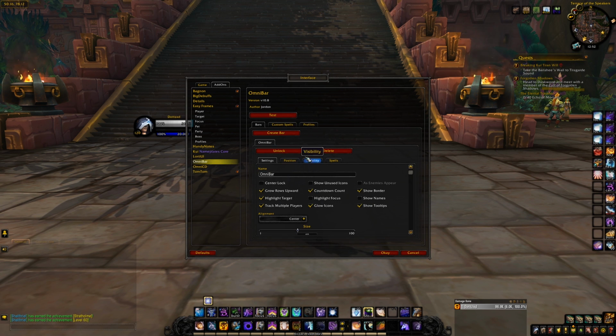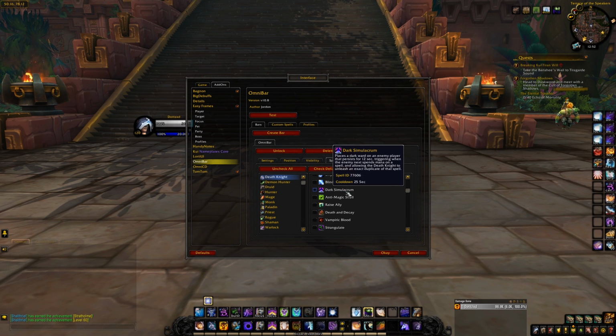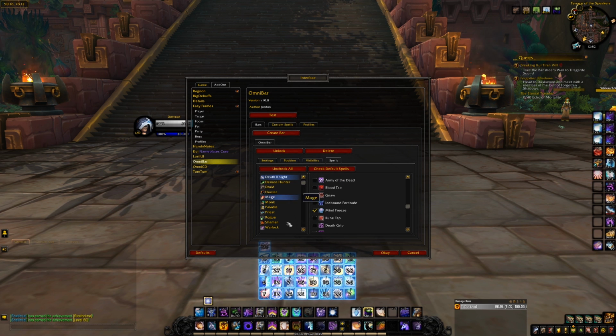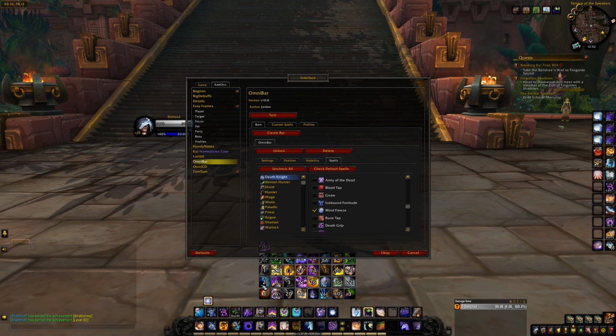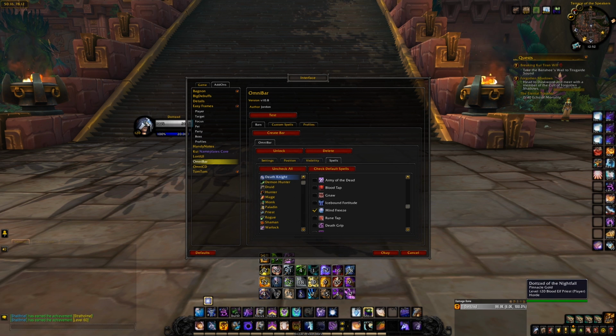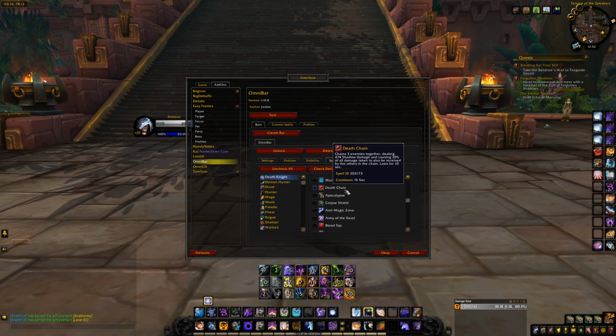So for OmniBar, I will show you guys all the skills that I personally have tracked. And I do have the bar right here. It would never usually be this large. It's only going to show probably one row, but I show it right below my cast bar. And so the way that I do it is I have